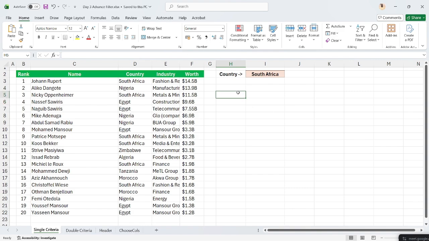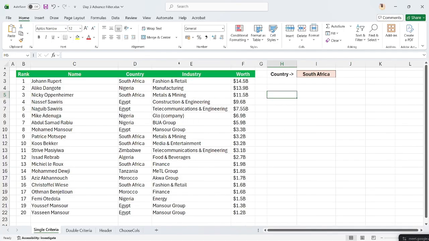We want to look at the filter function first. For the filter function, you begin with equal to filter. Now, what is the goal that we want to achieve? We have this list of African billionaires, the country they are from, their industry, and their net worth. We want to filter out those from South Africa. So we'll just do equal to